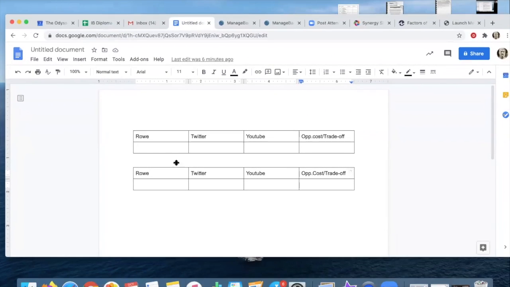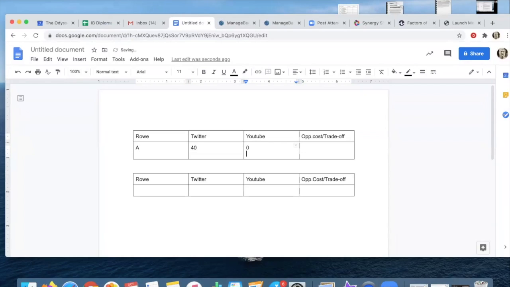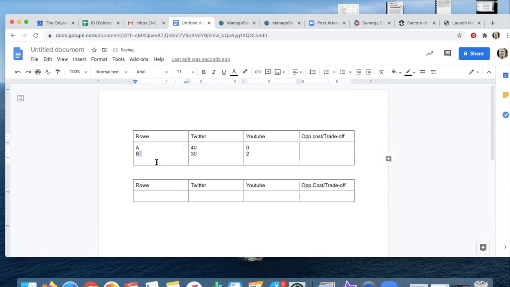Okay, welcome back. So let's take a look at how we did. So I would go create my Google Doc and create 2 tables because we're going to have to do a shift. So the first thing is we want to put our row, which is our point. So point A was 40 Twitter posts at 0 YouTube videos. That's our production possibility for President Trump. Row B was 30 Twitter posts with 2 YouTube videos. And then row C